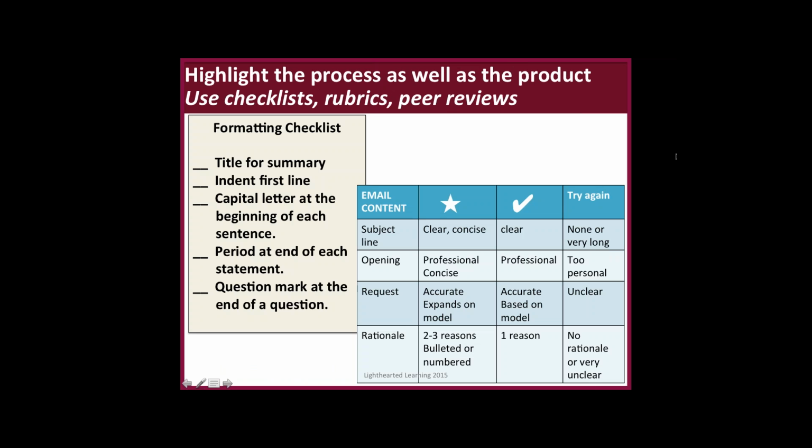Now, highlighting the process as well as the product comes from how we provide formative assessment. So we're not just looking at the product at the very end, but we're looking at it all the way through. And using checklists or rubrics, as are shown here, is a very important entree for students to see that it's a process. Writing is not one and done. It's very important to have that sloppy copy, to have a conversation with your peer, to come back and re-examine what you've written. That whole go back and write some more, which some people are not as fond of.